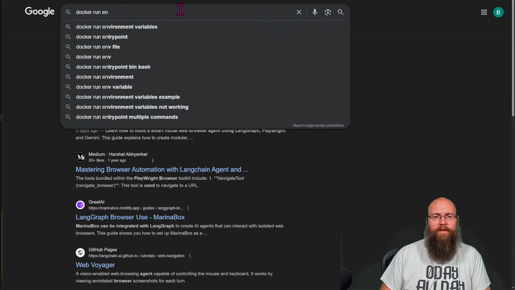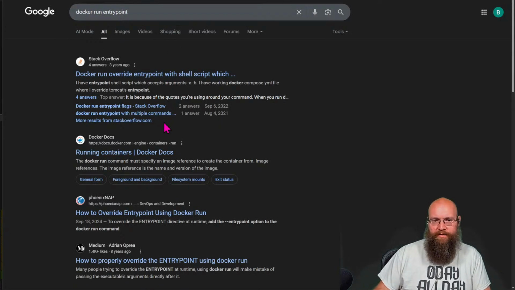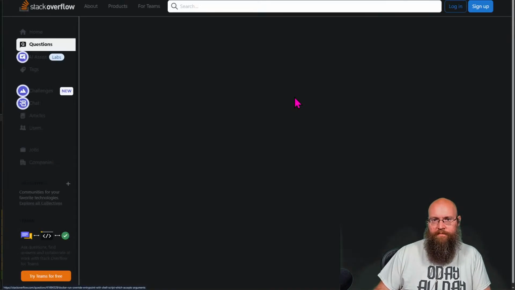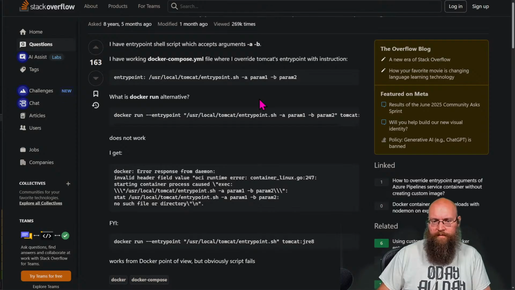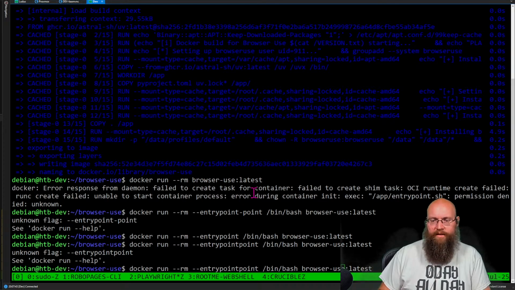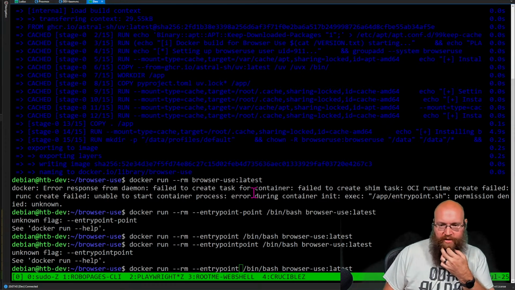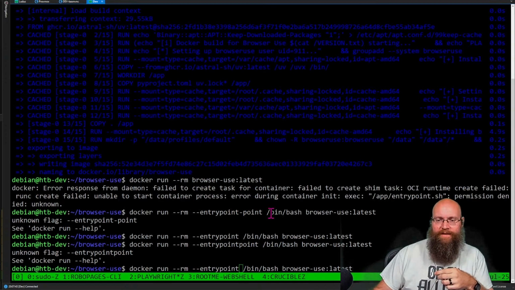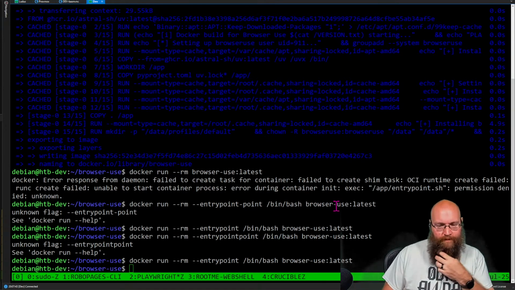Docker run entry. I forgot what the argument is. Yeah, --entrypoint. Did I have a typo in it? Yeah, I did. I'm an idiot. Just --entry. I had entry point, --point. I'm a dummy.